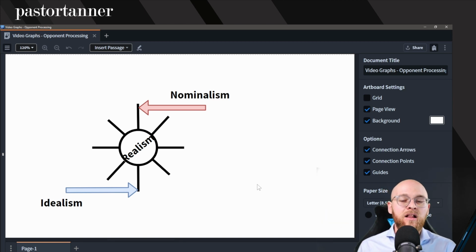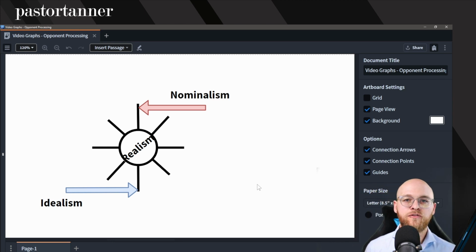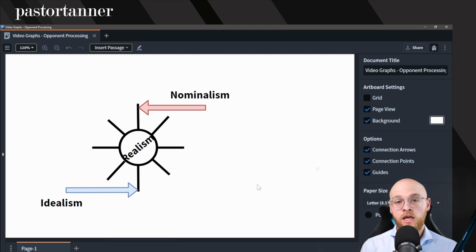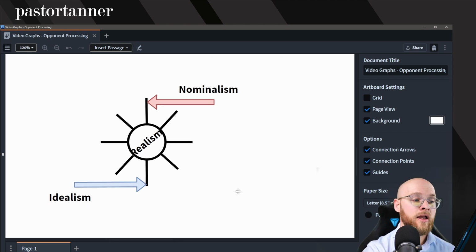We should be advocating for metaphysical realism. We should be allying ourselves with those who understand the world in a metaphysically realistic way. And we should continue to have conversations there. I can have my cake and eat it too with this system. I get to get everything. If I am reading the nominalists, I can glean from them. If I'm reading the idealists, I can glean from them. And if I'm reading the realists, I can glean from them as well. Truly, Christ is all and in all.